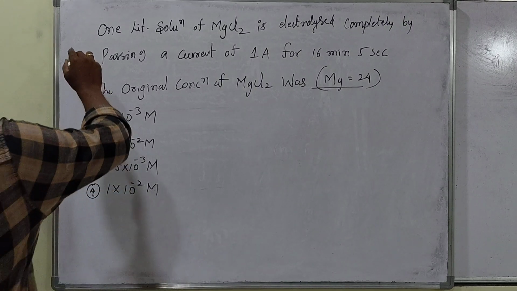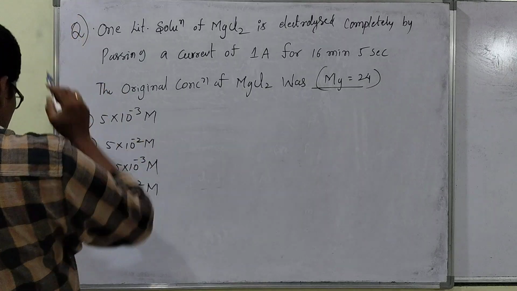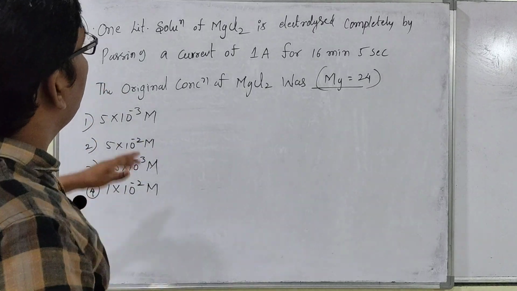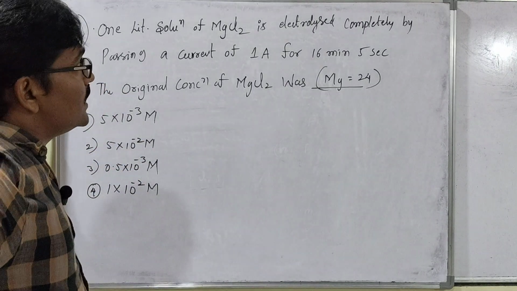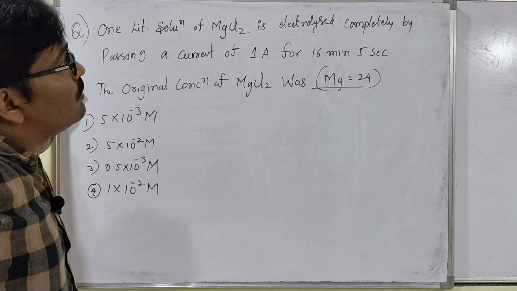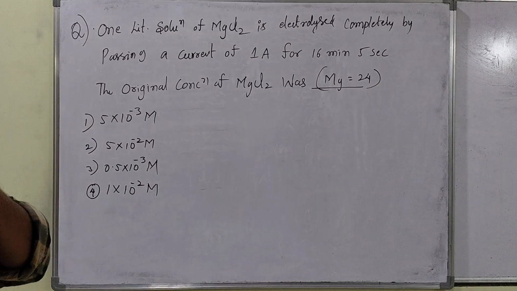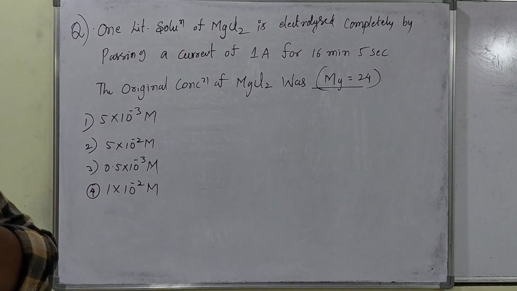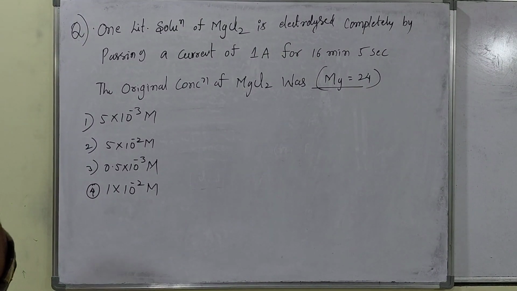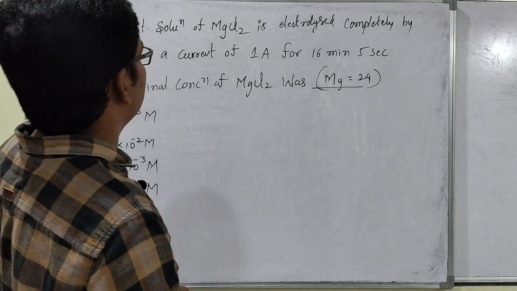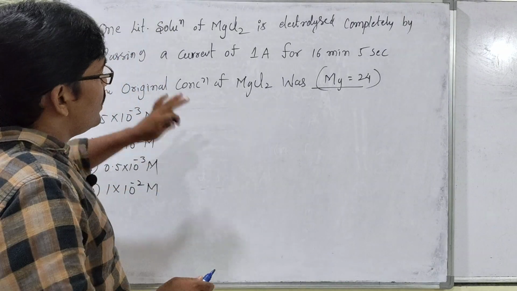So observe it carefully. Very important question it is. 1 liter solution of MgCl2 is electrolyzed completely by passing a current of 1 ampere for 16 minutes 5 seconds. Okay, clear? Right. So now we have to take first